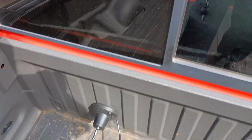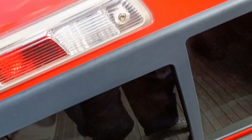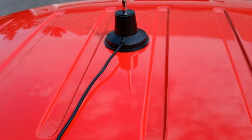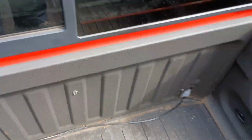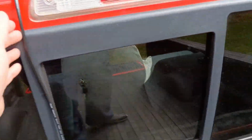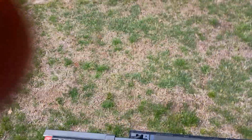After I get done with the car wash, I grab that off the back, make sure there's nothing stuck to it, and I just stick it right back in the center. I had some silicone holding the wire. That's that silicone holding the wire in place, but I decided to put the wire over on the left, and I haven't needed to silicone it. Now, when I did this install,